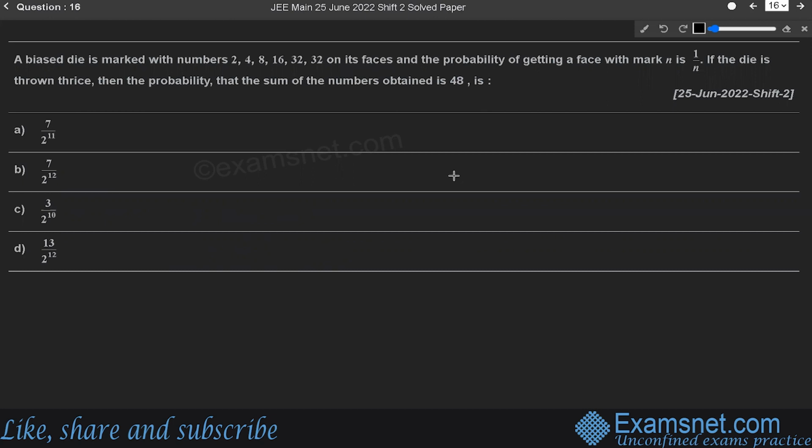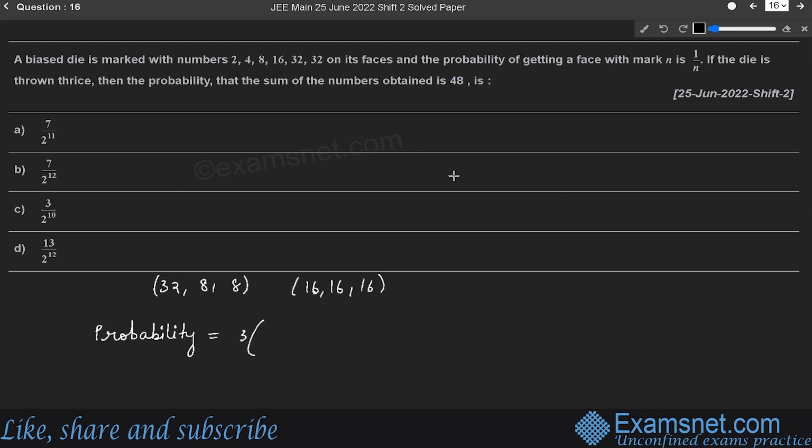We know that there are only two ways to get the sum 48. Two ways are 32, 8 and 8, and 16, 16 and 16. Their sum is 48 since the die is thrown 3 times. Therefore, the required probability